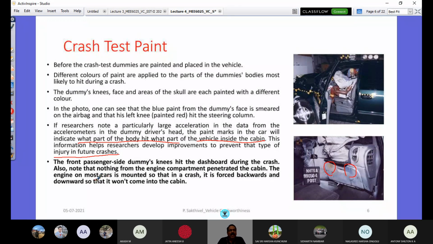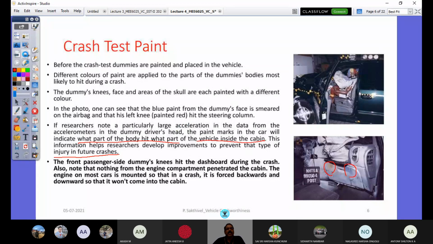That's very clear. The engine on most cars is mounted so that in a crash, it is forced backward and downward, so it won't come inside the cabin. The cabin cubicle would be preserved, but the movement of your engine is backward and downward, so that you have your cabin integrity maintained. So this is, at first hand, the first step and the significance of dummies, and you would realize